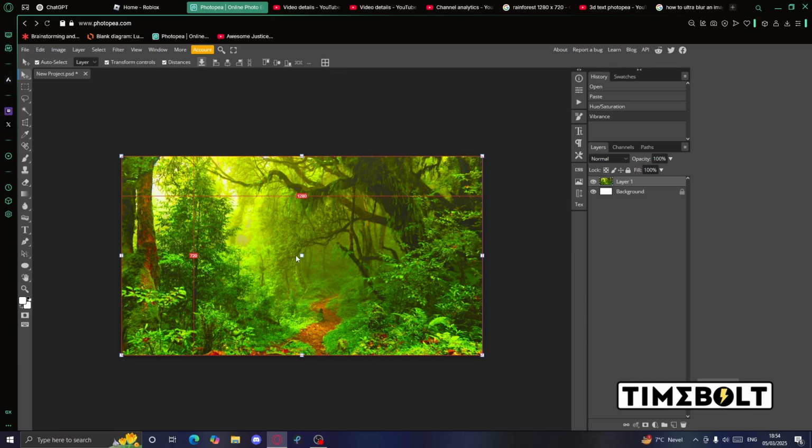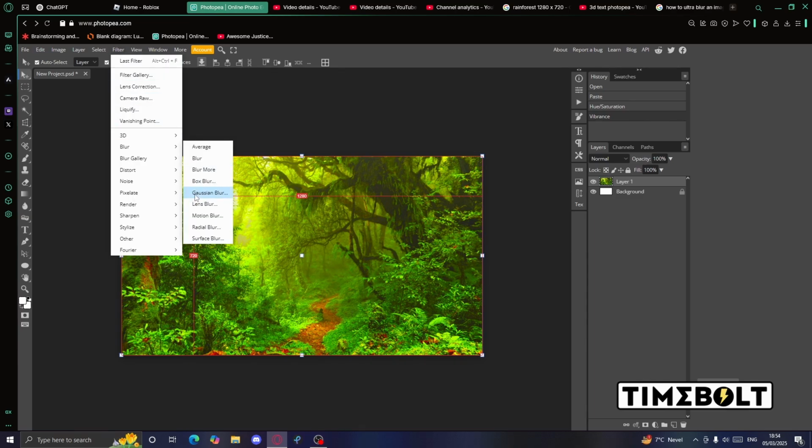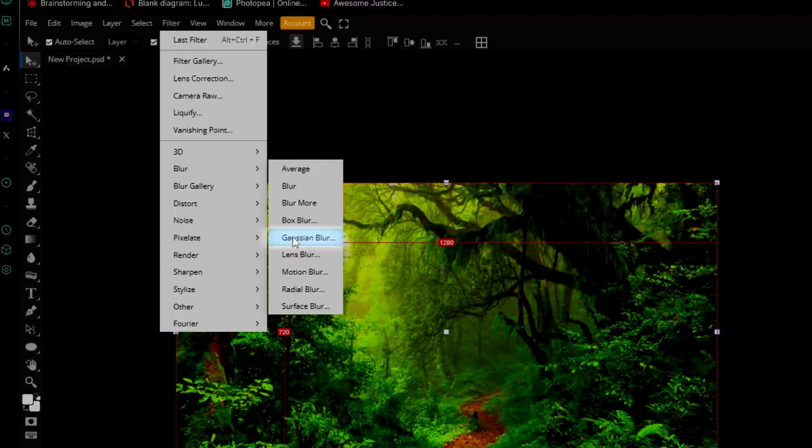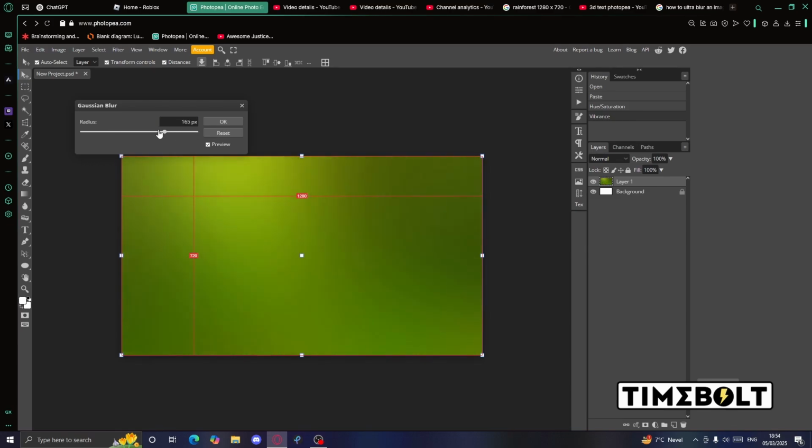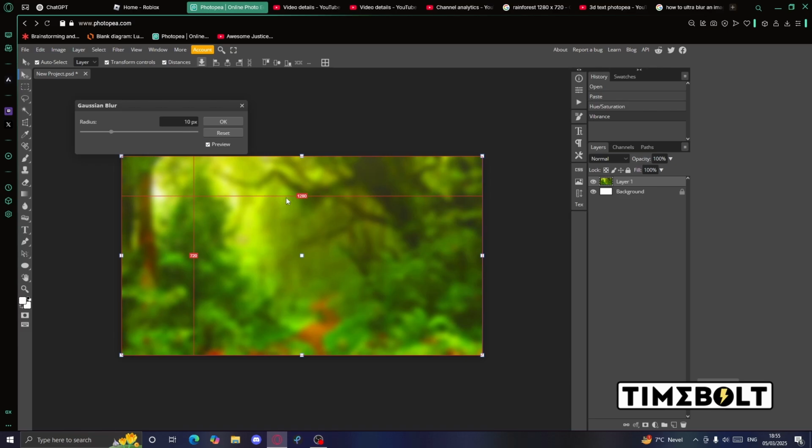So in order to actually blur it, again, while you have the background selected, go to Filter and then Gaussian Blur. I don't know how to pronounce it, but select this blur, and then we can change the radius to however much we like. Usually I go to about 10 pixels, because we want to blur it quite a bit. I'd suggest keeping it at 10 pixels. Obviously, you don't want to go too far, but 10 pixels just looks good. Once you change the radius to however much you like, just press OK.